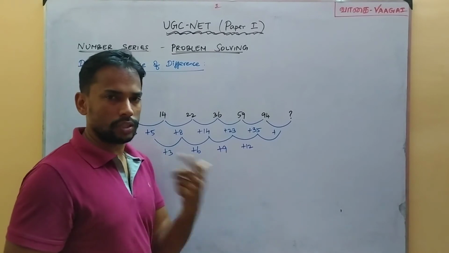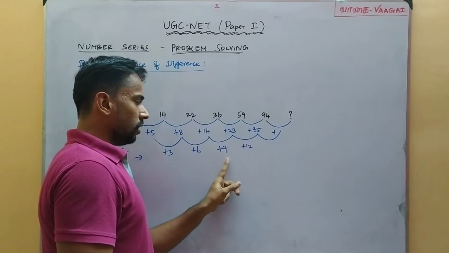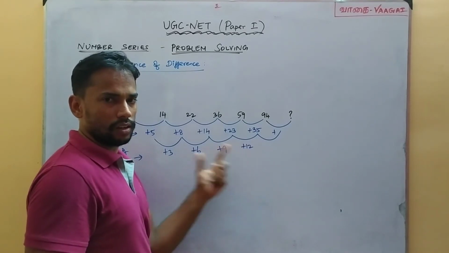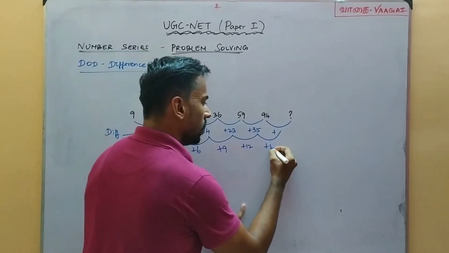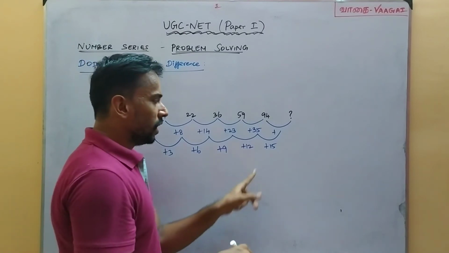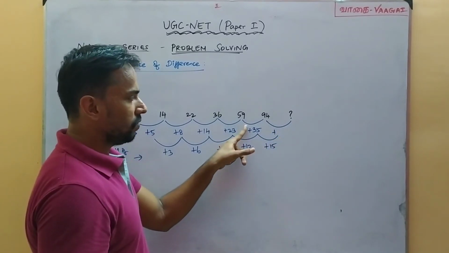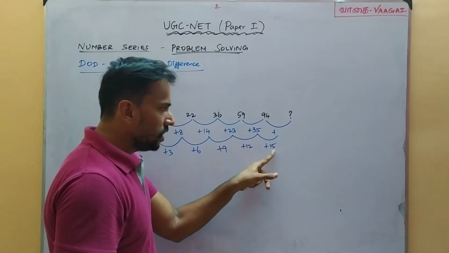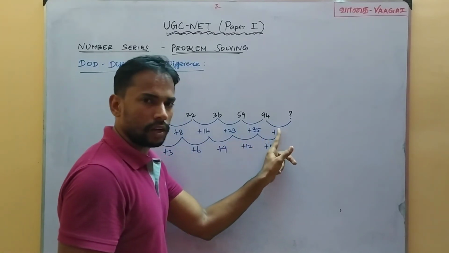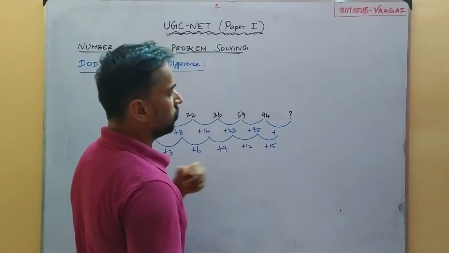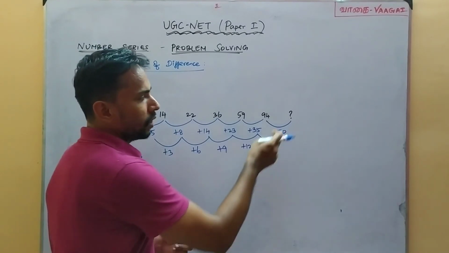This is very simple for us to say. They are nothing but the 3 table numbers. So this is 3 ones are, this is 3 twos are, this is 3 threes are, this is 3 fours are. Is it or not? So what should be our next number? It will be 3 fives are, which is 15. Very simple. And now trace what difference will come here in this first level difference. See, 35 is there, and I need to add 15 here to get this difference. So do 35 plus 15, which gives us 50.